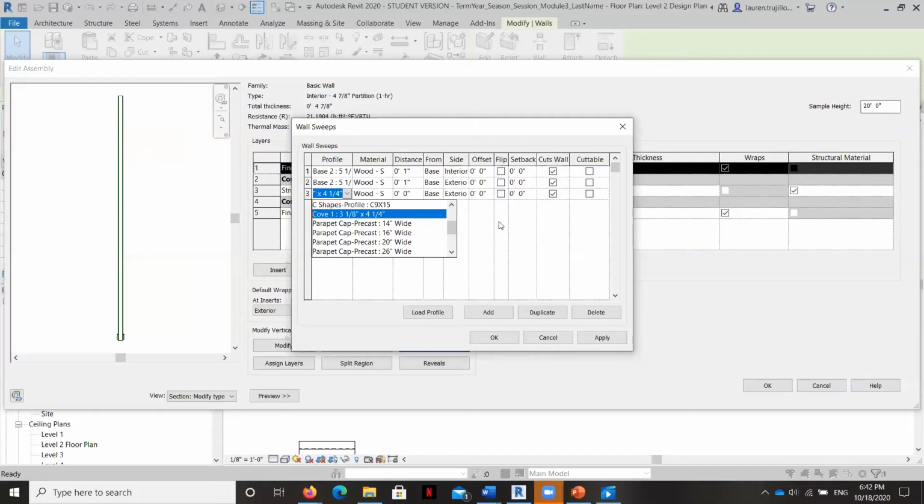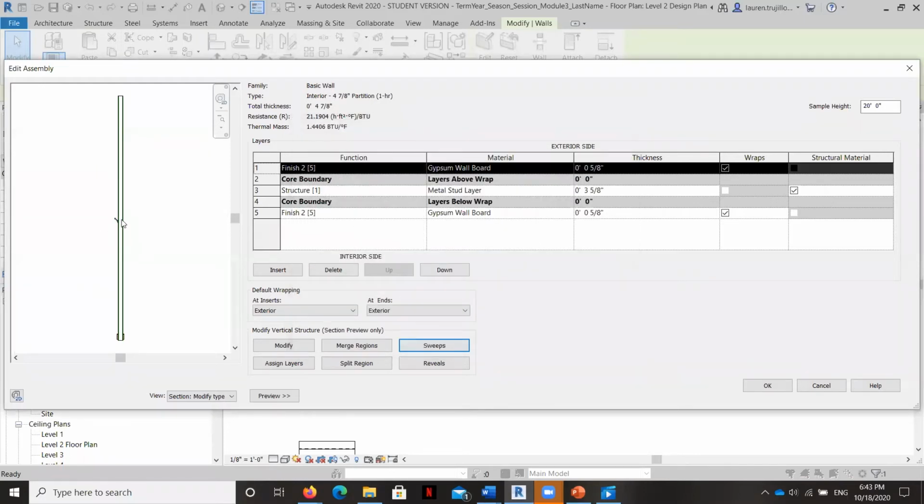In general, I try not to do math in my head, so I'm going to pause and do a little math on a machine. Okay, so the distance from the base, once I subtract 4 1/4 inches from 10 feet, should be 115 3/4 inches, because I converted feet to inches and then subtracted the 4 1/4 from that. We'll see how this looks, but again, this is a very easy thing to fix if it doesn't look right the first time around. So let's hit apply and OK, and look, there it is.